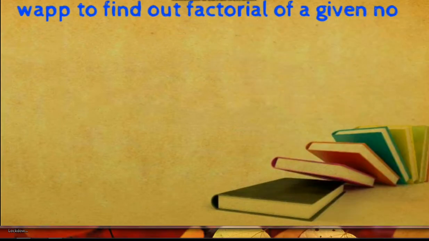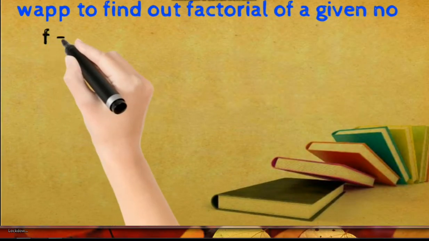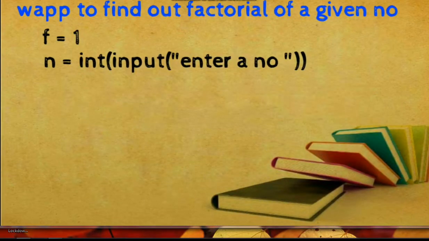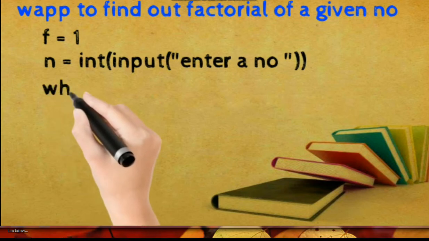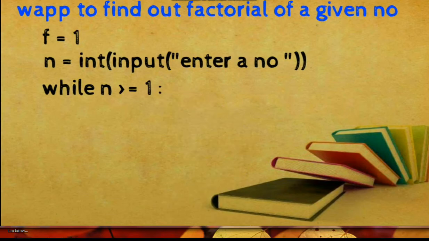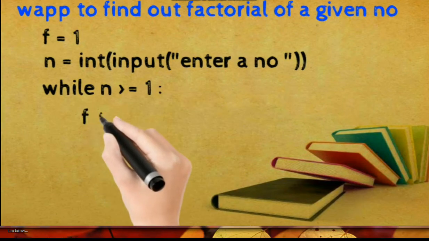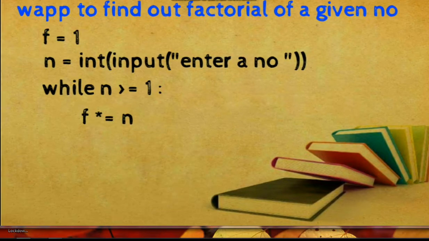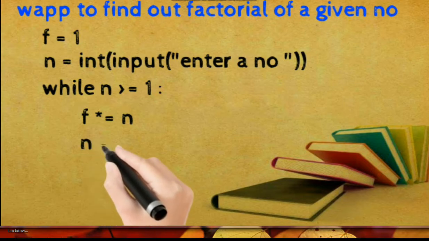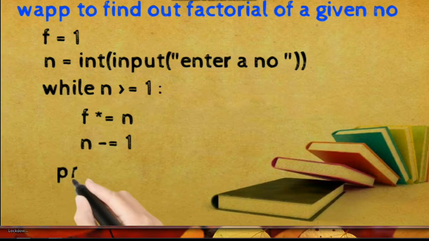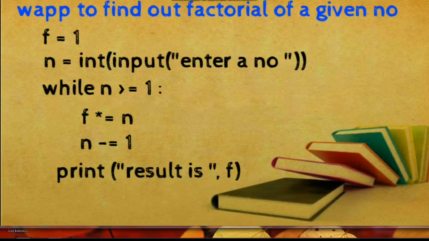Next question, to find out the factorial of a given number. So in this case the input function has to be used to store the value, that is n. Thereafter f equal to 1 has also been taken at the top, that is the factorial will start with the value 1 as we are going to multiply. So the loop will continue as long as n is more than 1. So here we did f multiplied equal to n, means f equal to f multiplied by n. Then the loop is going down, that is written n minus equal to 1. Then we need to print the result as f.